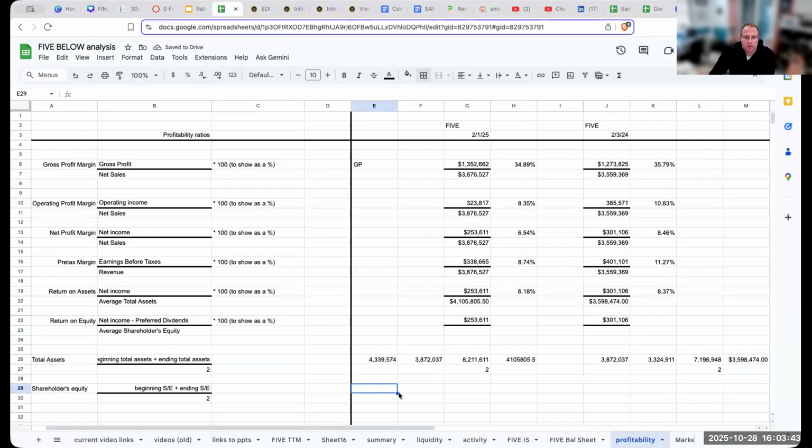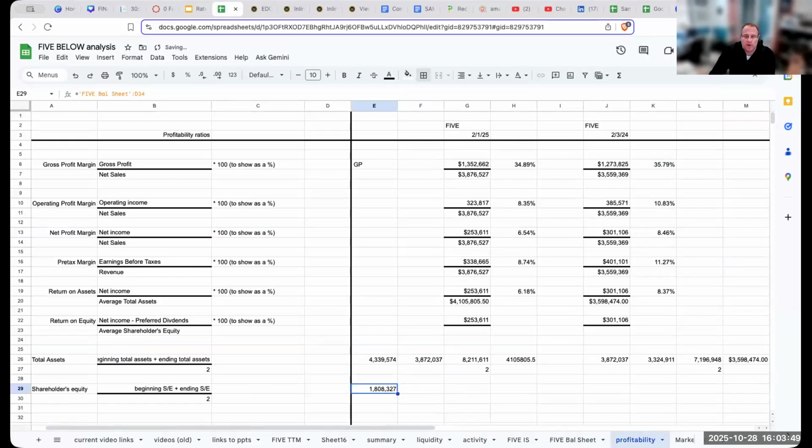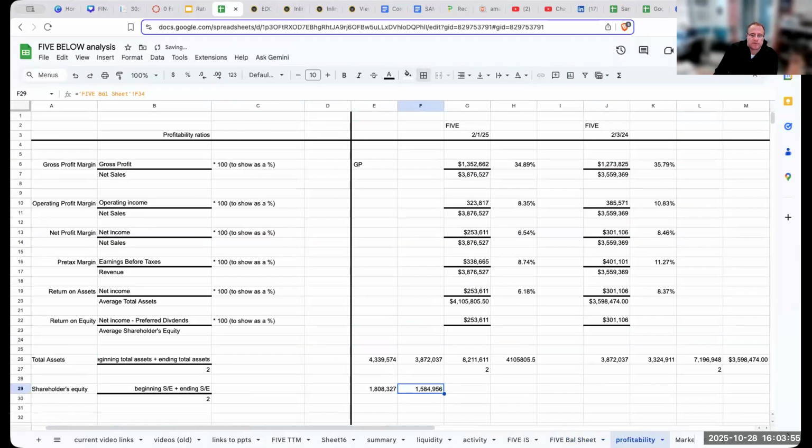So, when I look at shareholders equity, my average shareholders equity over here was 1,808,327 to begin, 1,584,956. I take these 2 amounts, I'm dividing by 2, and I'm getting 1,696,642. So my return on equity is going to be about